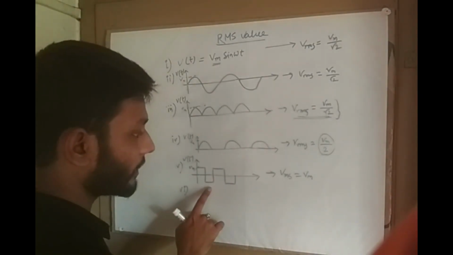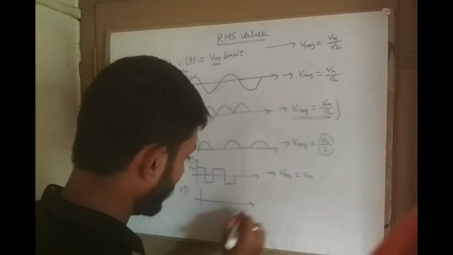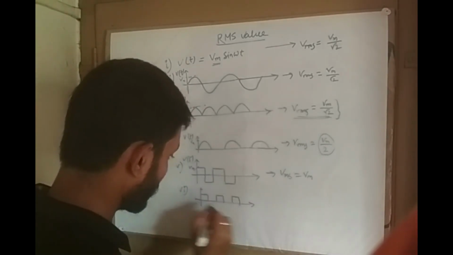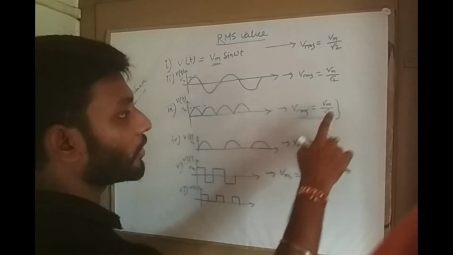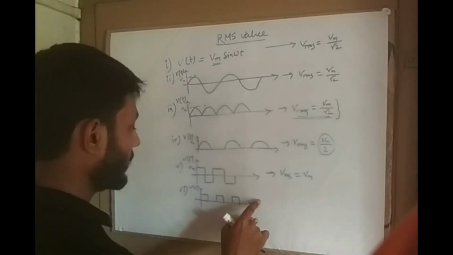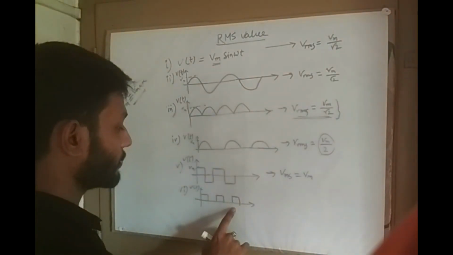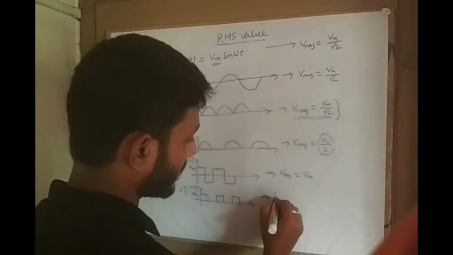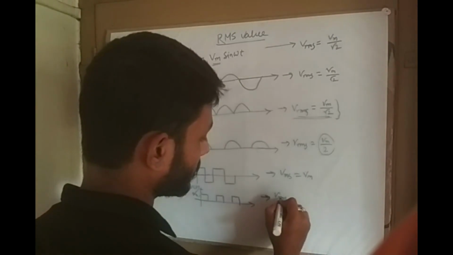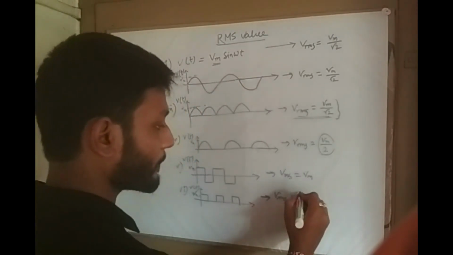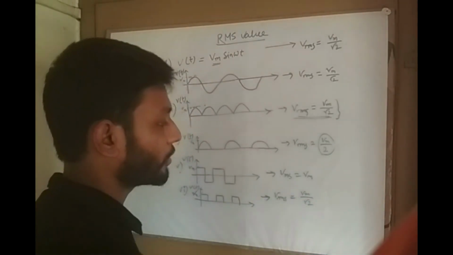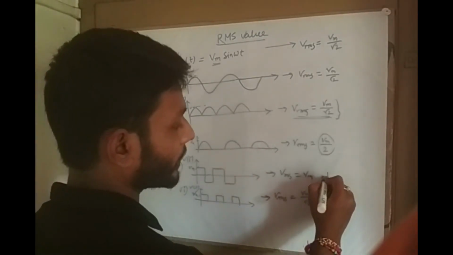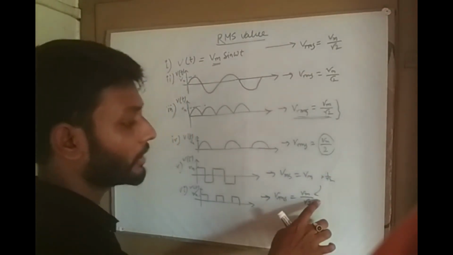So from here, if it is half wave and you know this one, then you will definitely be able to find the RMS value of this one also. Here the Vrms value will be Vm divided by root 2. From full wave Vm, and for half wave it will be multiplied by 1 by root 2. So the half wave value will come.